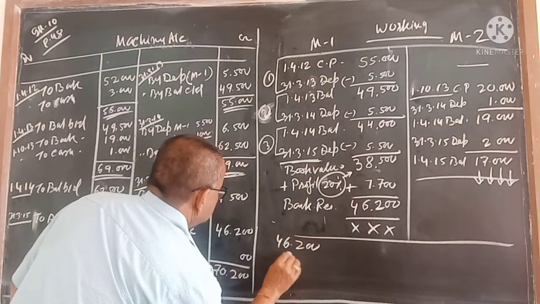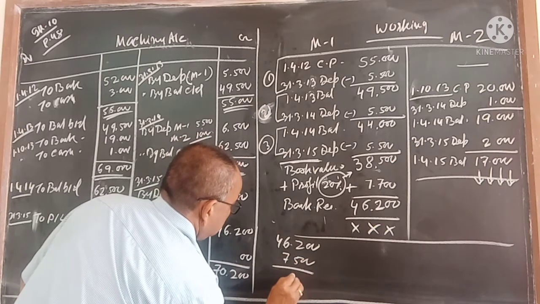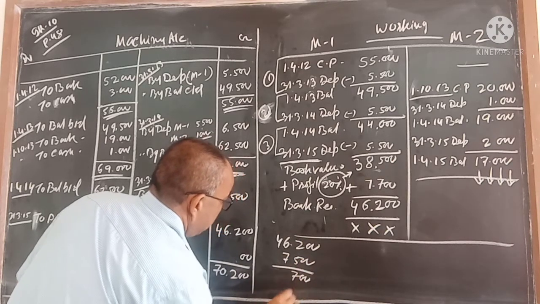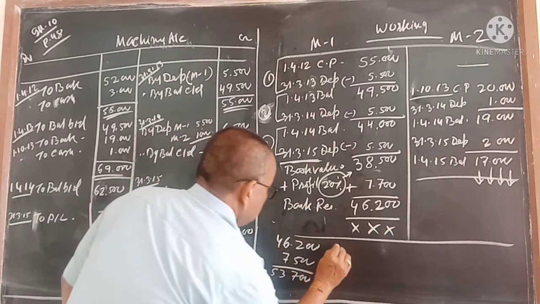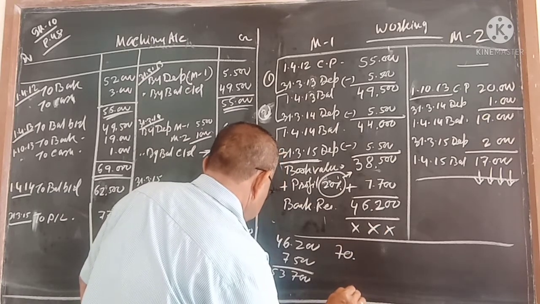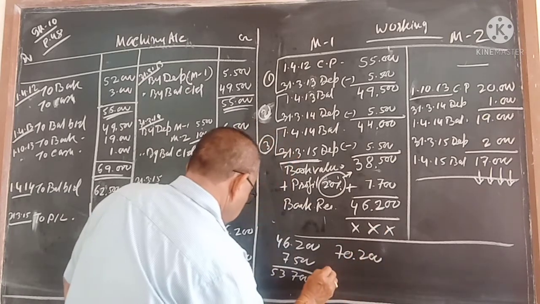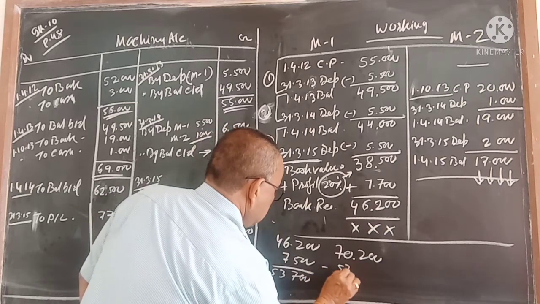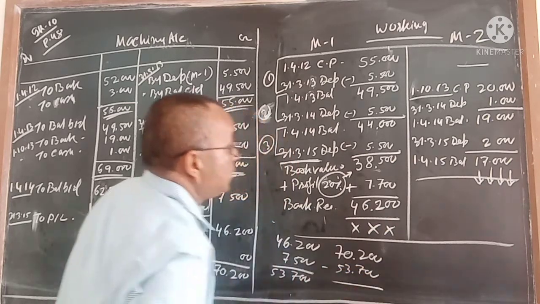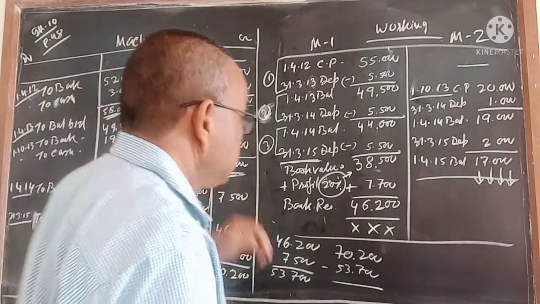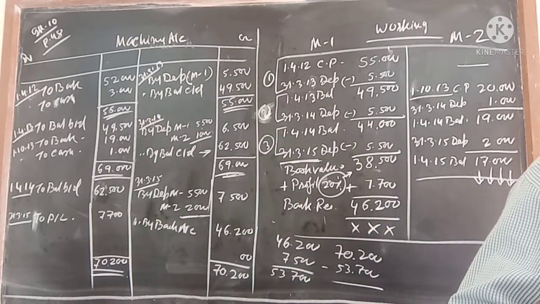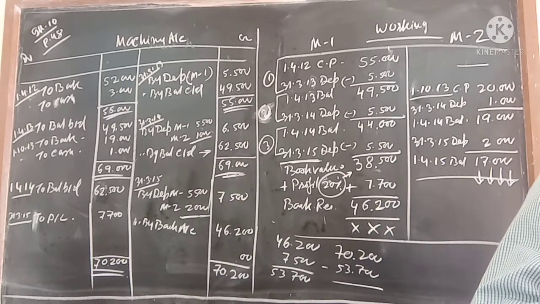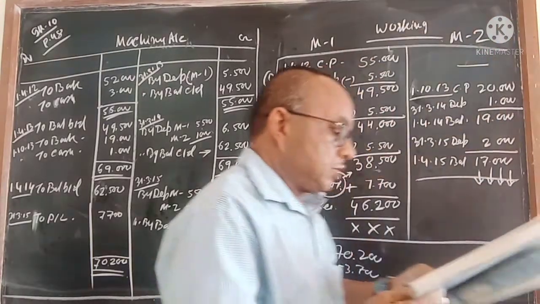46,200 plus 7,500. Add करो पर 7 add 53,700. तो 70,200 minus 53,700. So 500 is coming. Where is 500 coming from? Let us see where we have made the mistakes. 48 is the number, no? Maybe I have done some calculations wrong. Let us see where we have made the mistakes.